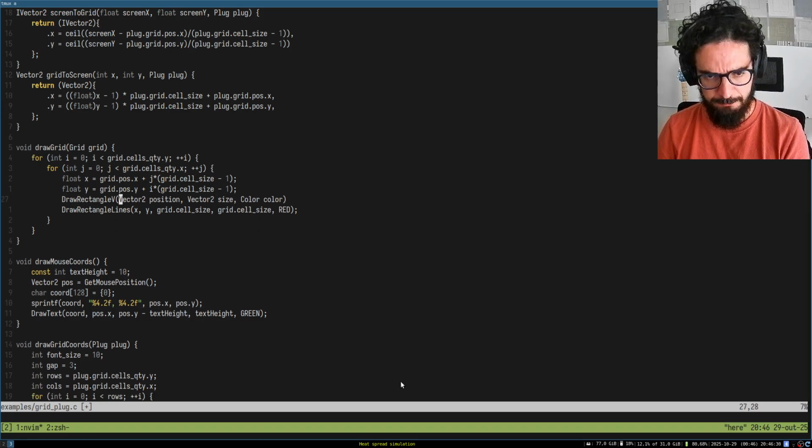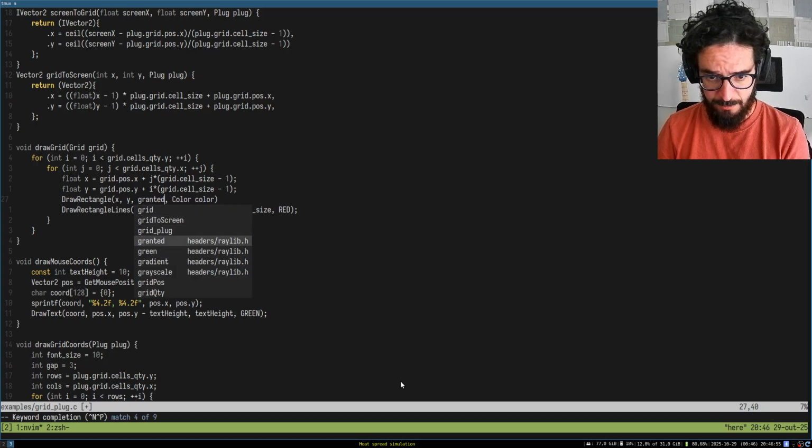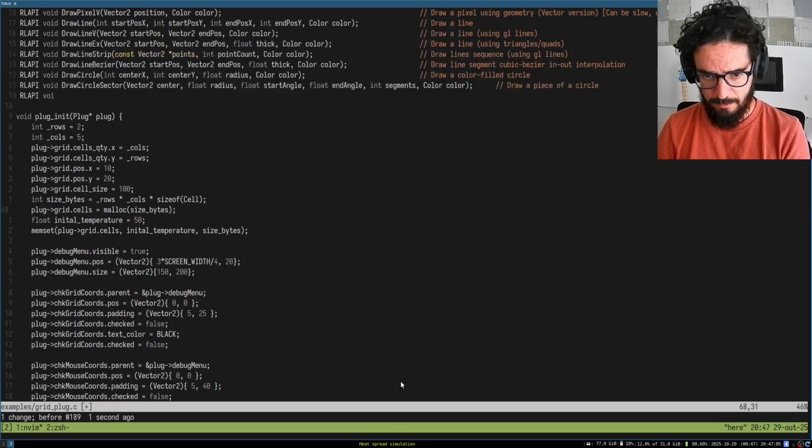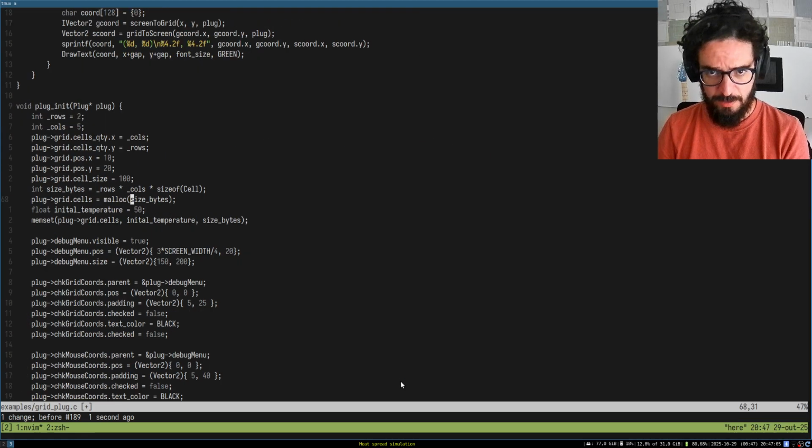Position, X and Y. Yeah, I don't have, so like this. Position is this, X and Y. Size is grid cell size, 2 times grid,